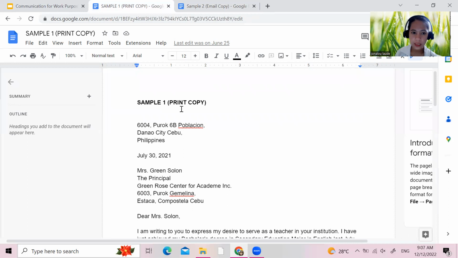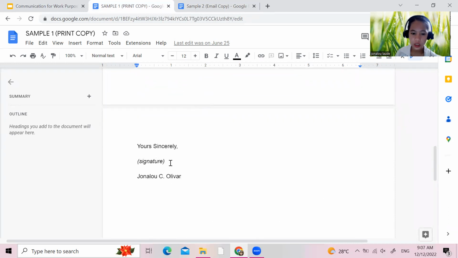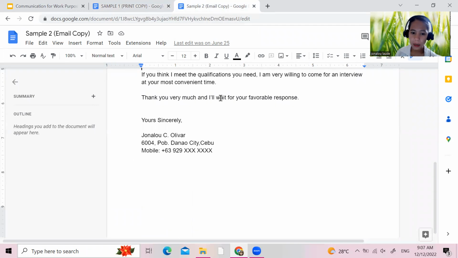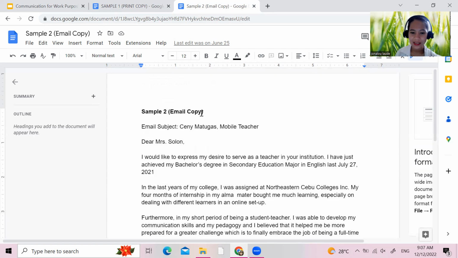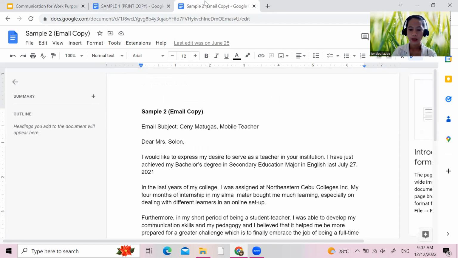Then, also, what differs from the print copy is that in print you can attach your signature. But in the email copy, you don't have a signature to put. So, it is just your name, your complete name. So, that is the difference from the sample print copy. Okay? Then,